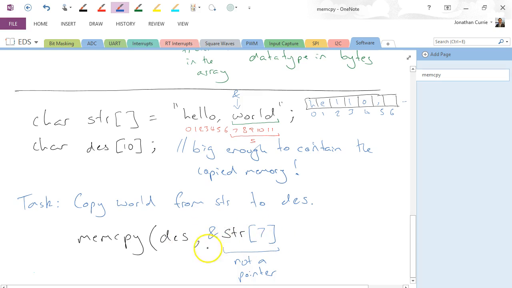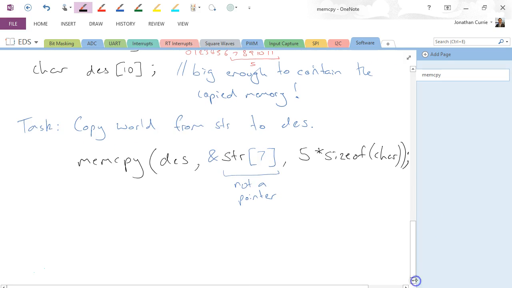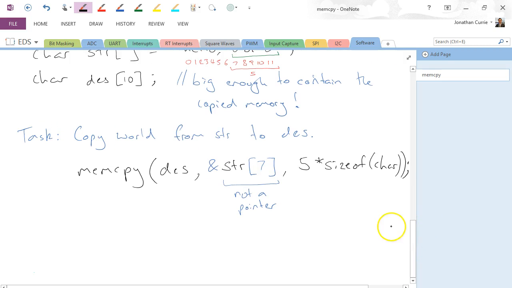And that's where the real power of memcpy comes in, because we don't always have to say we'll start at the beginning of an array. We can copy out parts from anywhere. And then finally, the number of letters we want times the size of. Now I know a char's 1 byte, but it's good practice to keep using sizeof, because it does end up being more robust code. Right, so 5 times sizeof char,